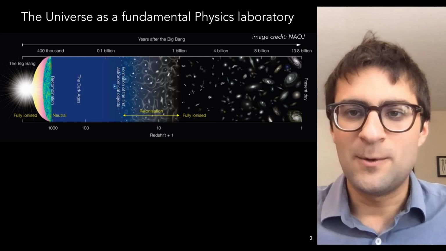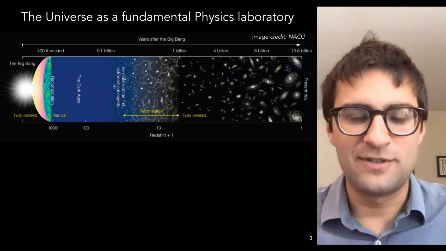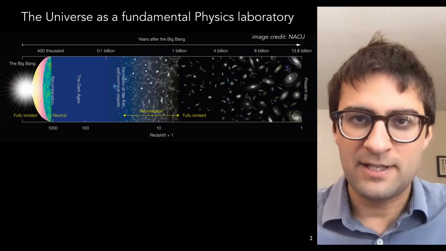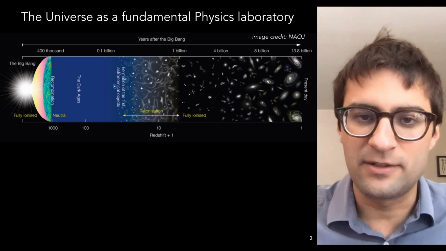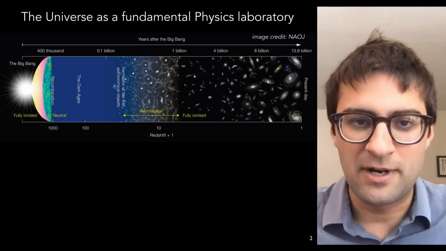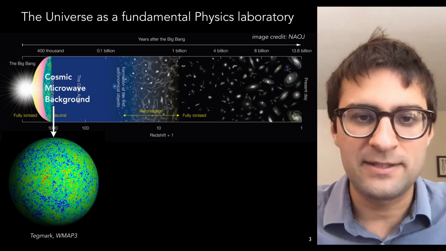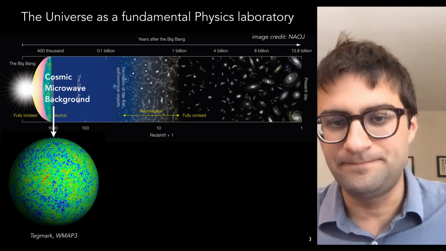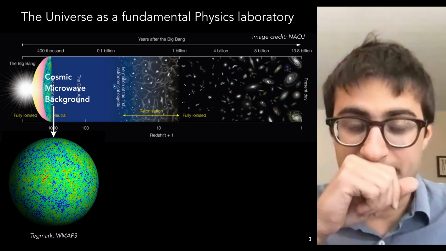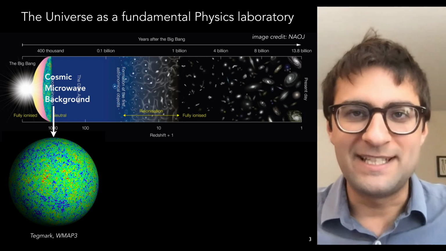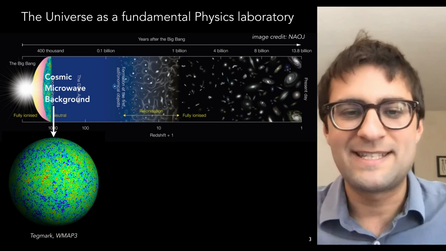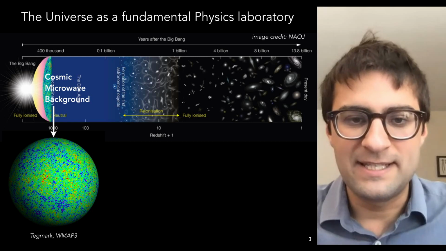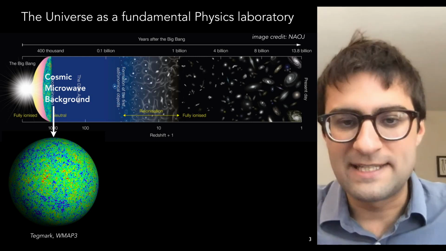Now, there's a lot that we know about the composition, the history, the evolution of the universe from many, many different probes and observables. But for the purpose of this talk and for the purpose of CMB secondary anisotropies, I'll be focusing on two main classes of observables, which are first, the cosmic microwave background, the CMB, this first light that was emitted 400,000 years after the Big Bang. And this CMB tells us about the initial conditions of the universe. When you look at the CMB, what you see is the baby picture of the universe. And so all these blue and red spots, these cold and hot spots, tell us about overdense and underdense regions